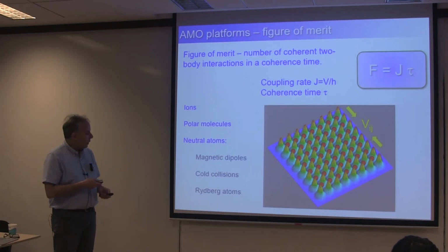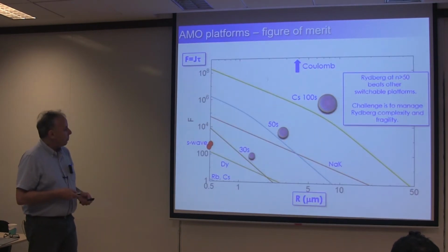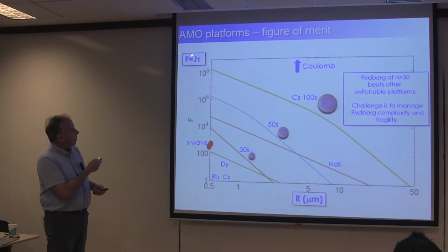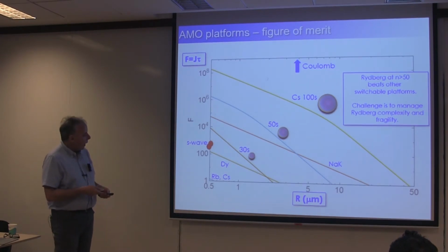interaction mechanisms at play. They could be magnetic interactions, they could be collisional interactions, they could be these Rydberg atom interactions. And here's a plot showing this figure of merit, J times tau, for some different approaches as a function of the separation between two objects. For alkali atoms, one has magnetic dipole interactions that are quite weak. One can work with a highly magnetic atom, for example dysprosium, which has a 9.5 Bohr magneton magnetic moment. It has a stronger magnetic interaction.